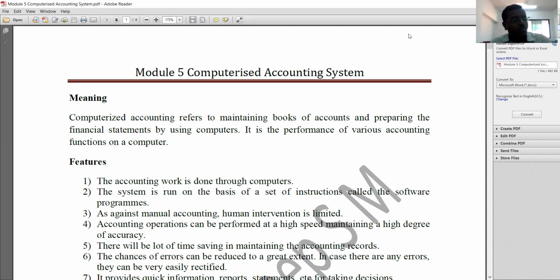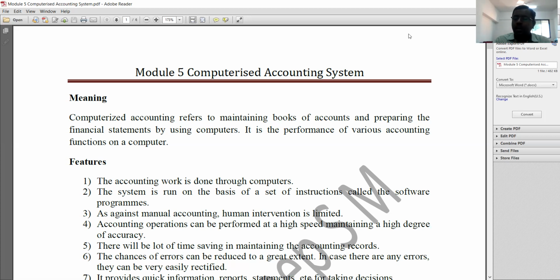Yes, let us begin with this module. You know what accounting is. Accounting is nothing but maintaining day-to-day transactions systematically, right? At the end of the accounting year, we prepare final accounts in order to know whether the firm is running in a profit or suffering from loss, how the financial position is and how the liquidity position is. All those things we ascertain with the help of the data that we have maintained. Understood? That is accounting.